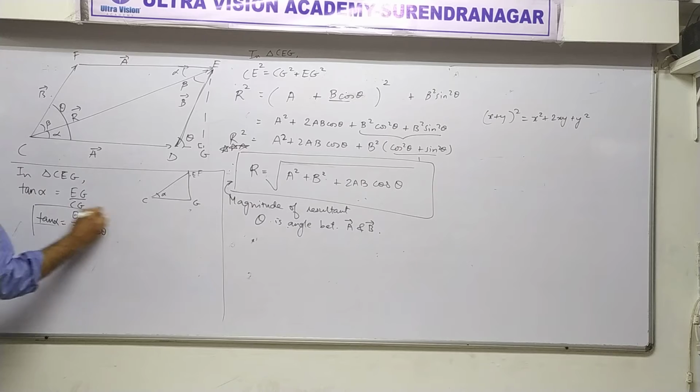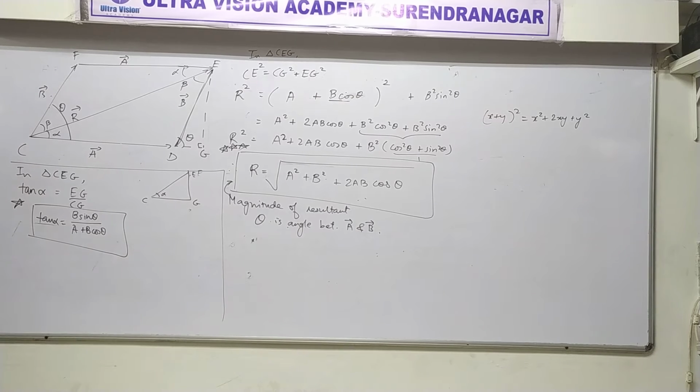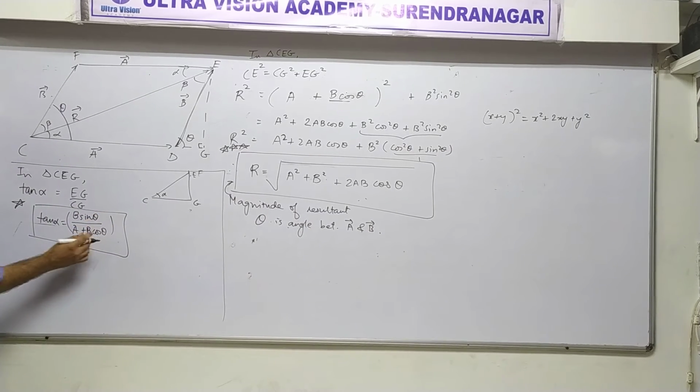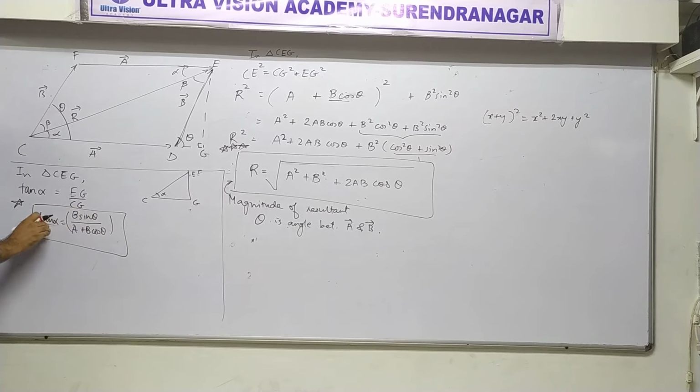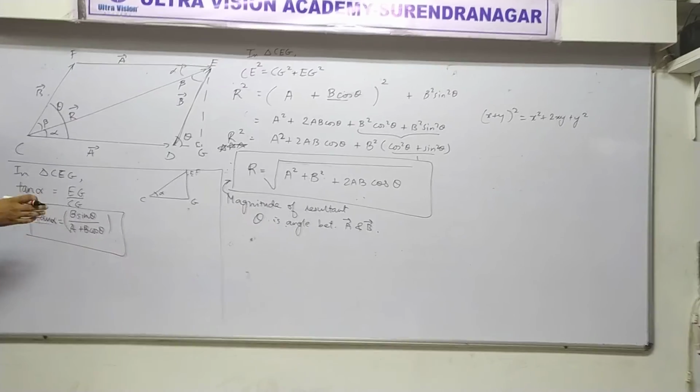So this is another formula. This is the formula to find alpha. Suppose you put all the values and then whatever angle you get, you can find it. Suppose after putting all these values you get root 3, then alpha would be 60. Suppose you get 1, then alpha would be 45.